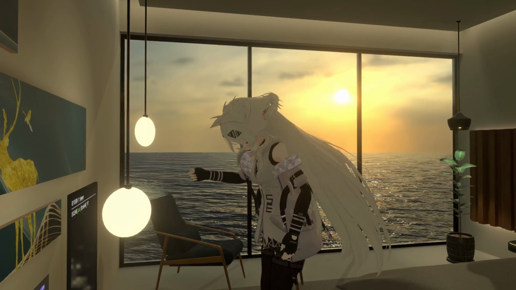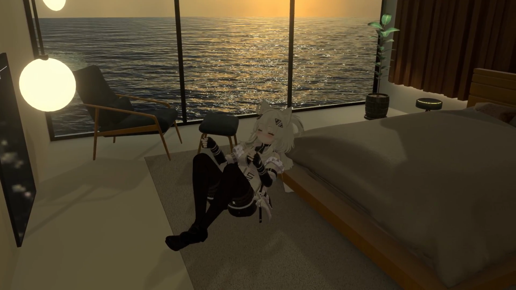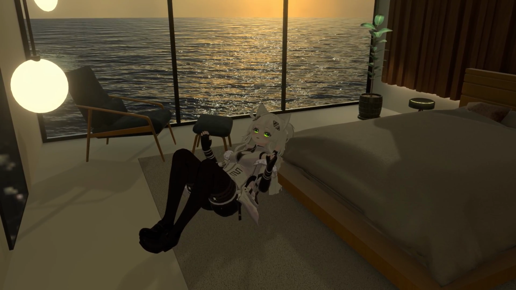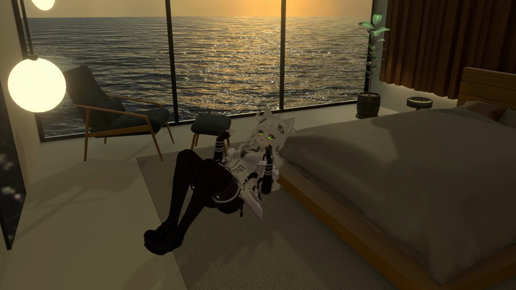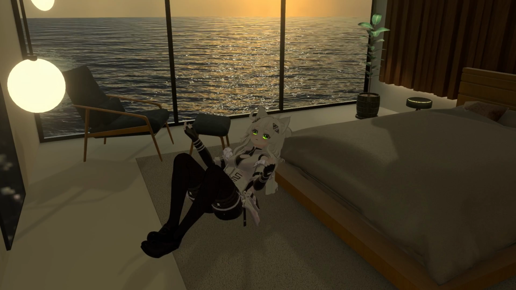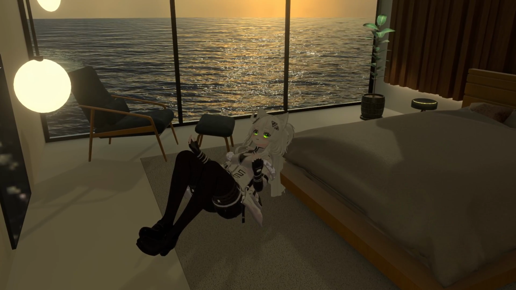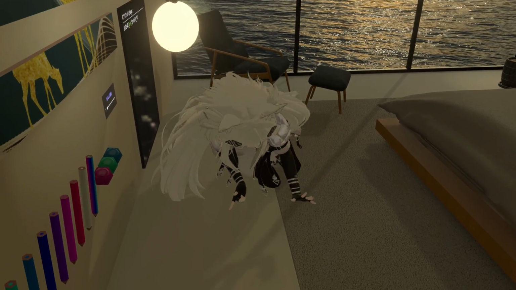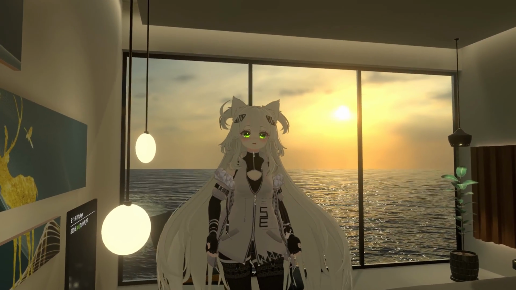I'm going to go ahead and lay down again. Boom. Look at that. This is completely without trackers, dude. You don't need anything for this. All you need is a Quest 3 and Virtual Desktop, and you can have full body tracking, kind of, inside of VR, which I find is amazing. Now, can I lay prone? Oh my god. That was 1,000,000 times better